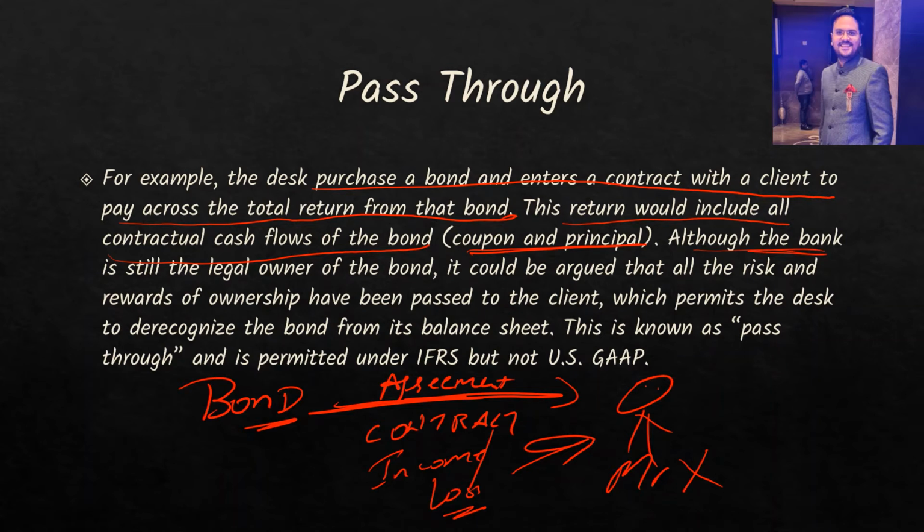Although the bank is still the legal owner of the bond, it could be argued that all the risk and rewards of the ownership have been passed to the client, which permits the desk to de-recognize the bond from the balance sheet. This is known as pass-through. So, in pass-through, we should de-recognize, but